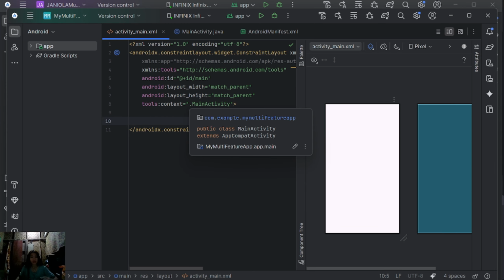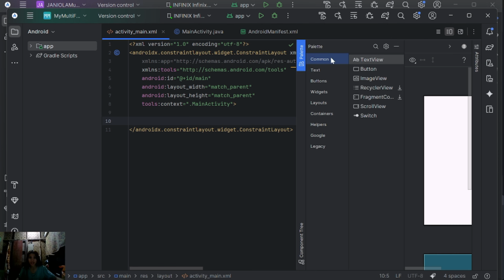But for me, I'll just keep it a constraint layout since it gives me flexible control of the elements. So let's start adding elements from the palette. This one here is the palette.